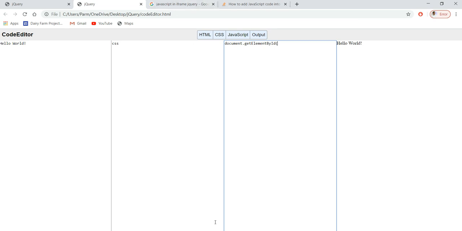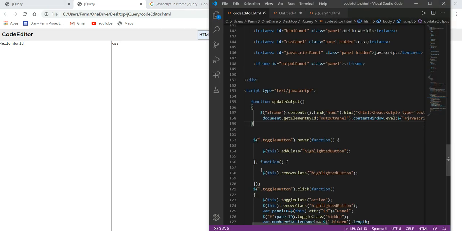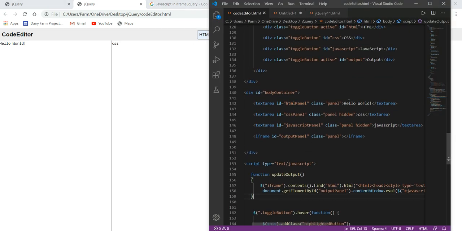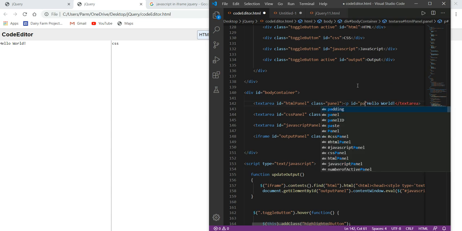I'm just adding one line to our code over here. Say I add here a paragraph element, and to this I will give id equal to para.